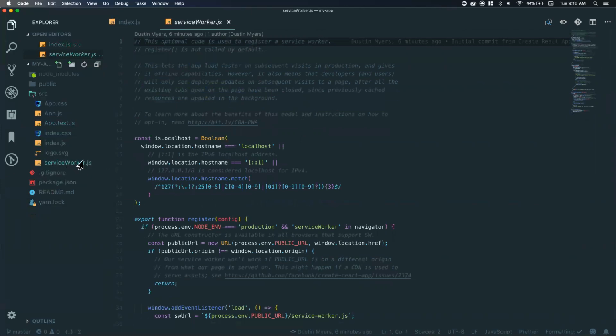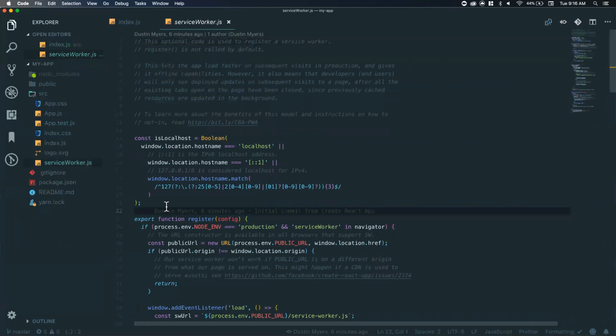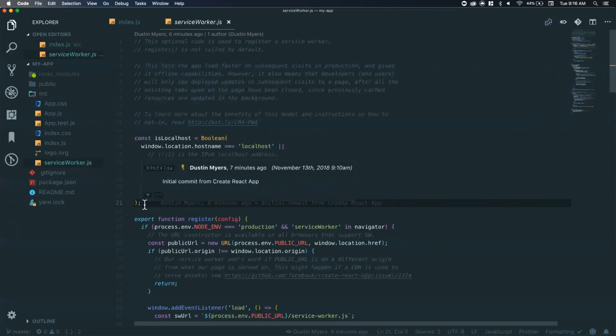So this is used a lot for web apps. You can build a web app that your phone can download and that kind of mocks a native mobile app. And this is outside of